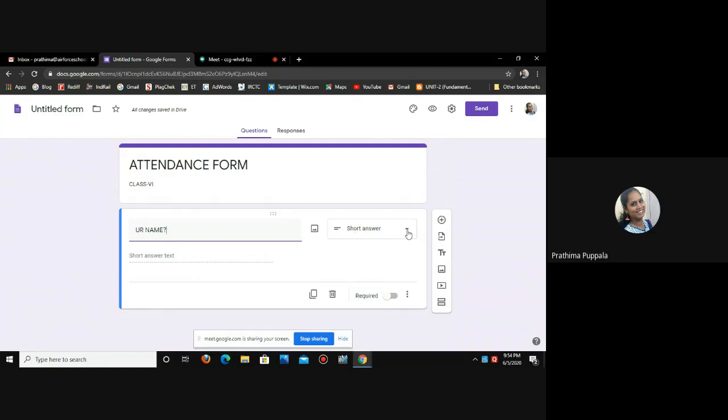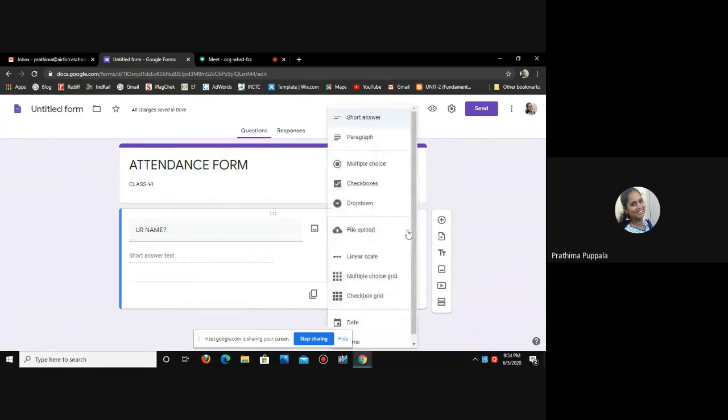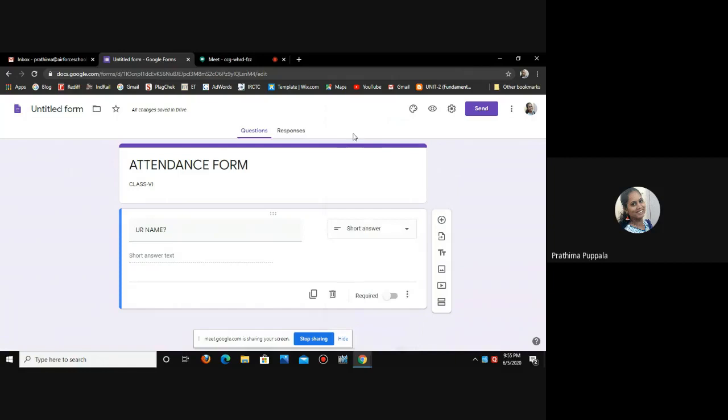If you click on the drop-down button, we can see short answer, paragraph, multiple choice, check boxes, drop-down. These are the different options available to prepare form questions. Right now we are asking for your name, which means we are expecting only a short answer. That's why I'm clicking on short answer. Yes, so short answer is ready.